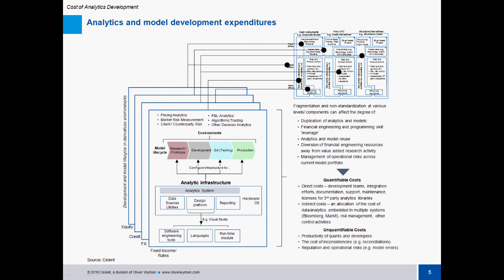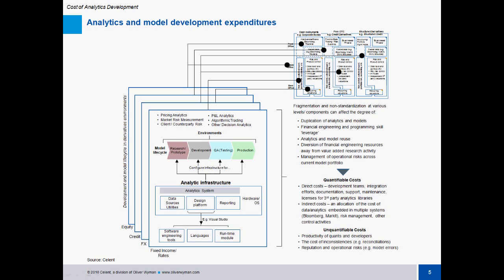This diagram is a framework that we have used in the report for examining the analytic infrastructure and components involved. I won't elaborate on each component in detail, but this serves to show the software development lifecycle activities and where the costs lie. Following from the previous slide, for each of the separate, non-coordinated activities within the front, middle, or back office, an organization will need to go through the following development stages to derive prices, valuations, and risk measures associated with each OTC deal.